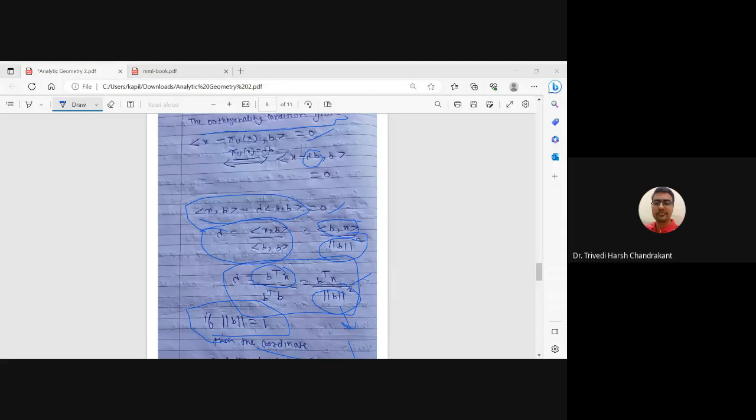So this thing is used, this projection representation is also useful. Yeah. So this is used in the